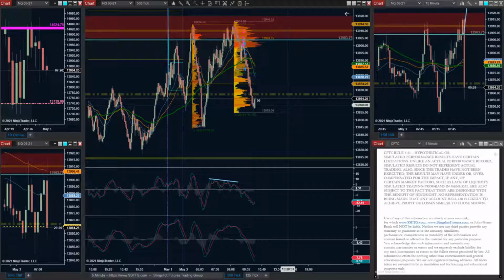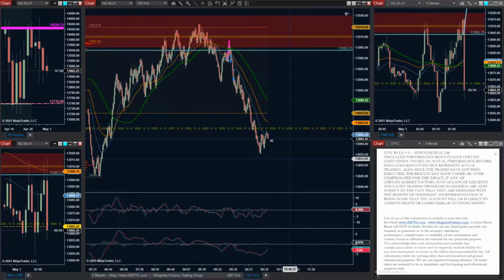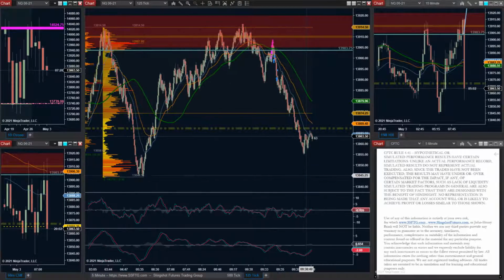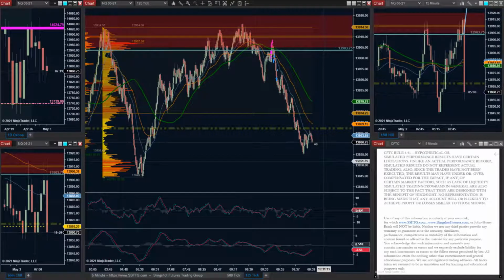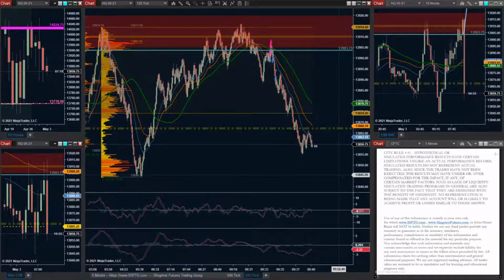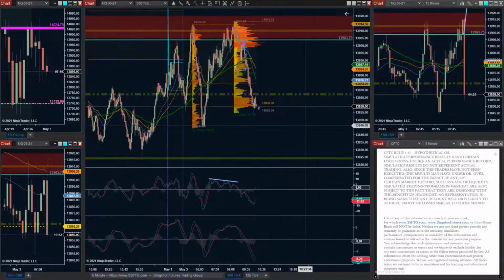MACD is still heavily crossed down, although the short term is up. Looking on the faster to gauge a bit more structure. Possible two-legged correction back. Heavily separating away from the average cluster, usually more indicative of a pullback. And the farther away from the cluster it gets, the more likely it is of a pullback. Doesn't mean the sellers won't keep selling, though, obviously. Don't let that impede a short.